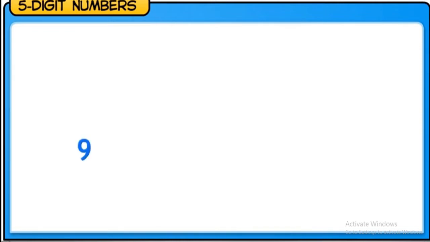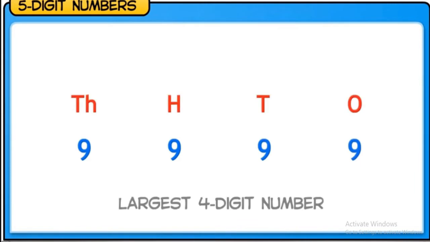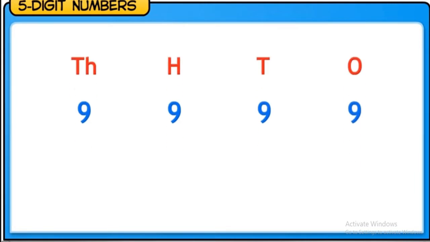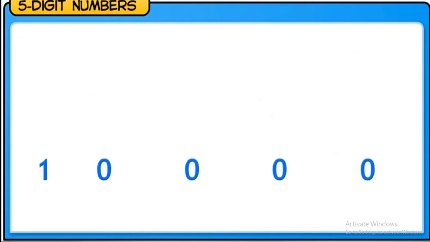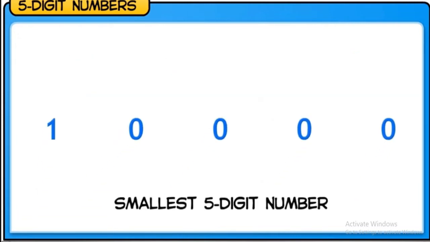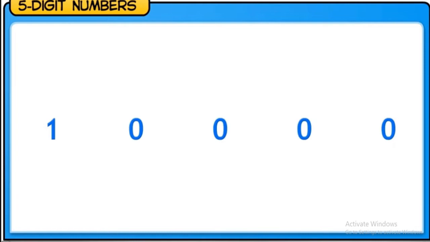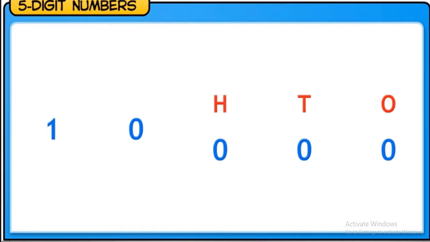You know that 9,999 is the largest 4-digit number. If you add 1 to 9,999, you get 10,000, which is the smallest 5-digit number. Note that a 5-digit number has ones, tens, hundreds, thousands, and 10,000s places. To make it easy to read and write 5-digit numbers, we divide the place value table